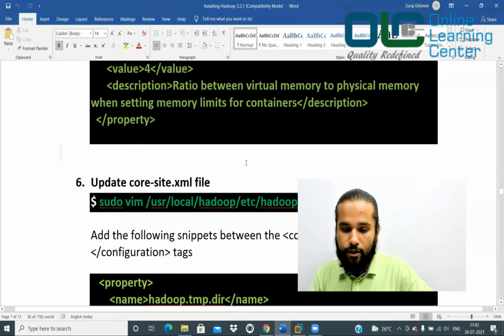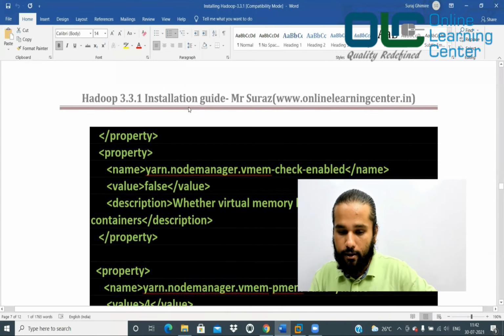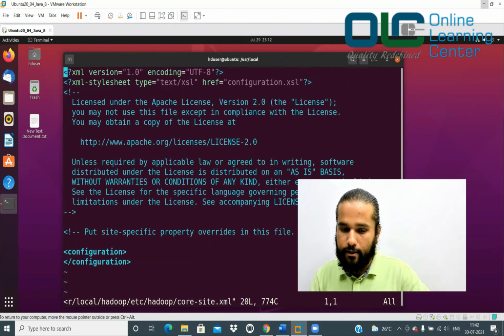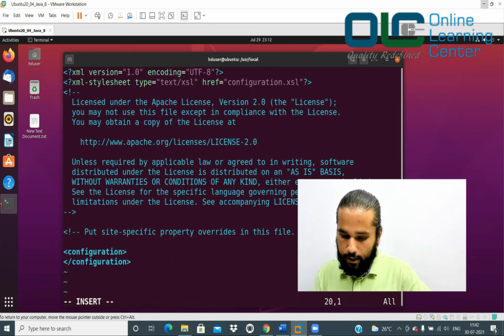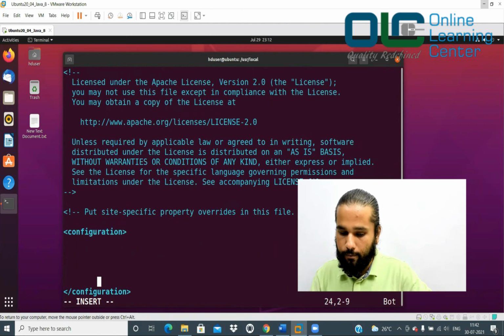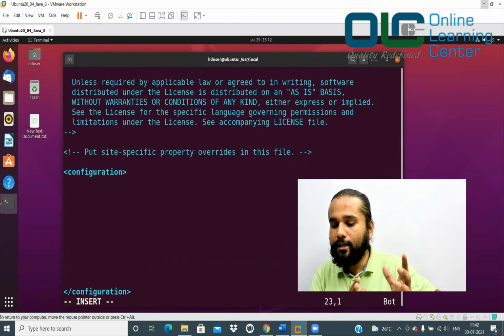Now let us go back to the next XML file. Now I'm going to edit my core-site.xml. Similarly, copy this and say paste. Hit enter. Now again go down. Right now, if you see, there is no space at all. So this is your configuration from here to here, and then here is your configuration from here to here. Press I and hit enter. So make sure that whatever you're writing is in between. Otherwise, you will again have a problem. So give some enter, and all your entries should be here itself. You should not write anything outside of this.